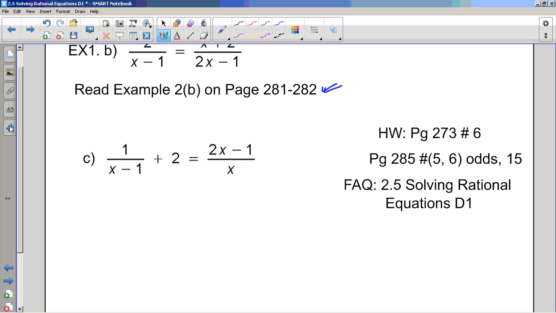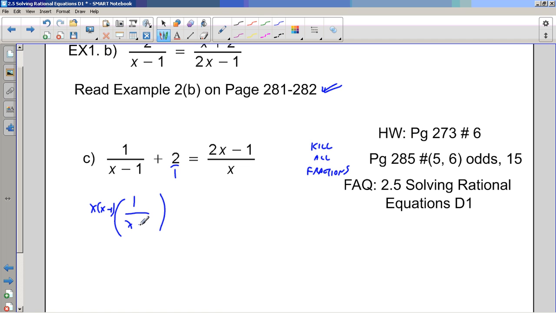For part C here, again, the idea is we want to multiply by something that'll cancel all the fractions at once. This middle term, the bottom, is 1. So what expression do I need to multiply by to kill all the fractions at once? Well, I need to multiply by an x minus 1 factor. This one just has a 1, and I have to multiply by an x factor. So essentially, instead of 12, like we did in the 3-minute review, I'm going to multiply by this expression, x times x minus 1,